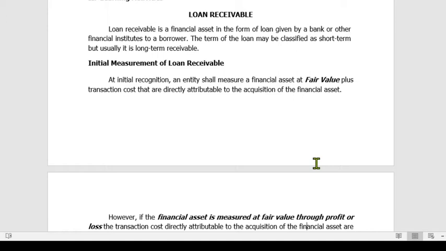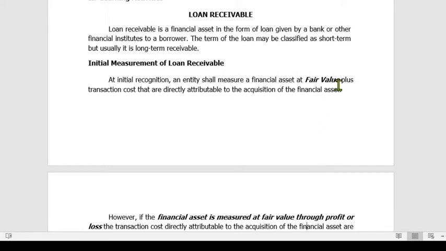So essentially, loan receivable is the same as accounts and notes receivable. However, these types of receivables are issued by banks and financial institutions and there is a loan agreement between the bank and the borrower. So the question now is, how do we measure this loan receivable in financial accounting? At initial recognition, it is said that